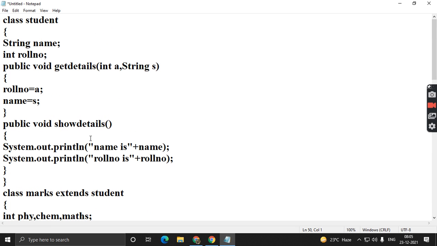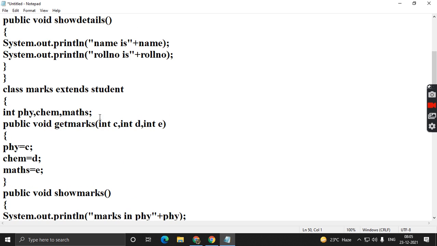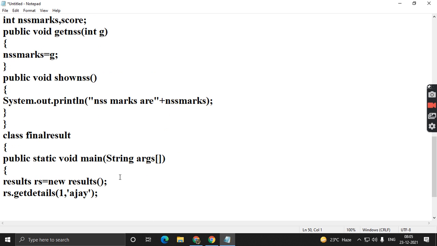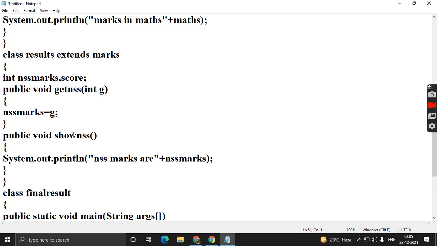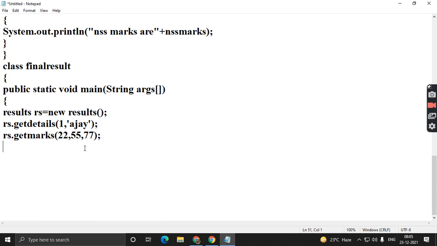We have one more function in the child class, which is get marks, where we will enter the marks of the physics, chemistry and maths. We have one more function in the child class result, where we are getting the NSS mark.